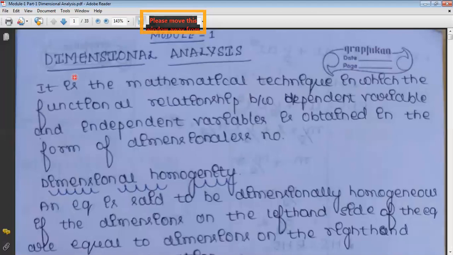The meter is a unit of length, the kg is a unit of mass, and seconds is the unit of time. While writing the dimensions of these three units, any physical quantity which has the unit meter, whether it is length, width, depth, breadth, or pressure head, comes under the category of length. We take the first letter, L. L is the dimension of a physical quantity which has the unit meter.